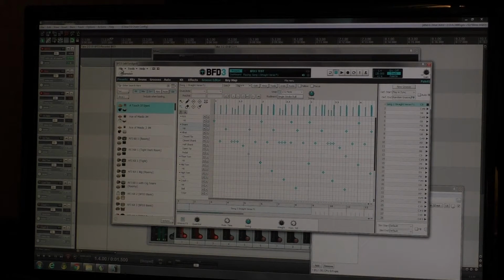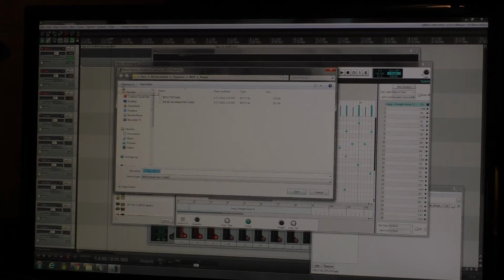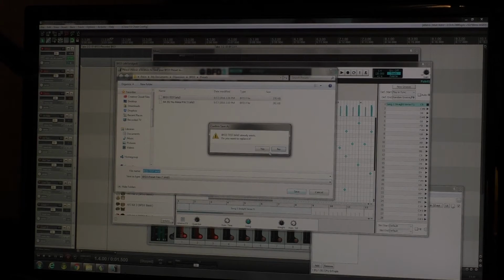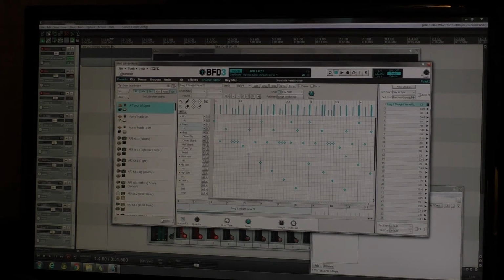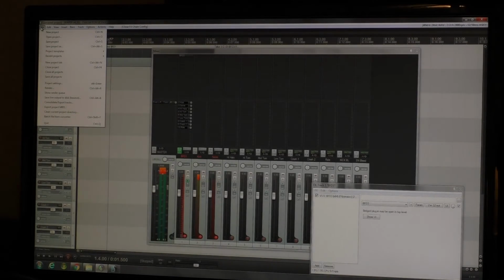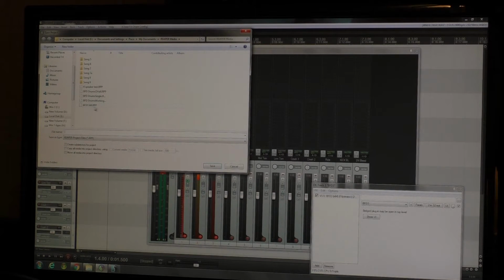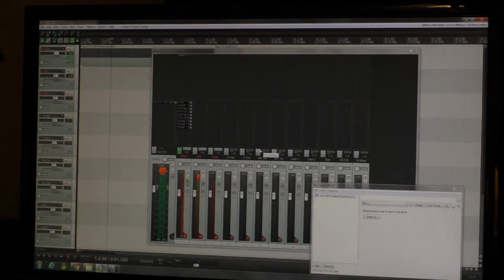Okay, now be sure to save your preset here. I have BFD3 test 3 saved. Okay, and then go up and save your project. I call mine BFD3 all and hit save. Now all you have to do when you got this set up, all you have to do is load your